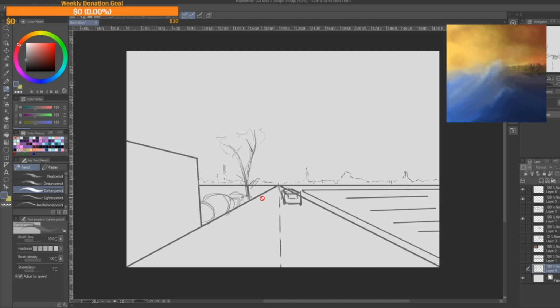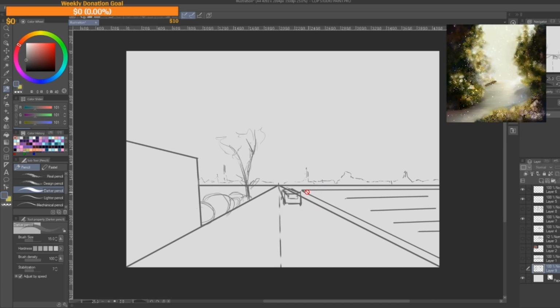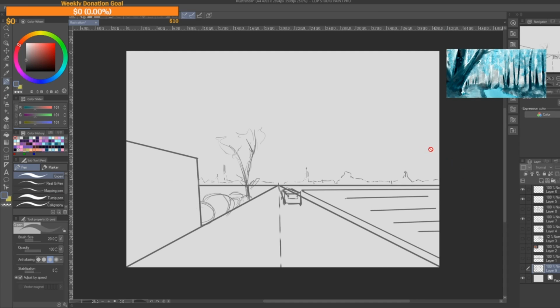You can break them down into things so that you look at this and you say, this is just a triangle. Actually, it is kind of a triangle going into this horizon line. And this car is just a rectangular... What are shape names? I don't remember. But even if you do, like...